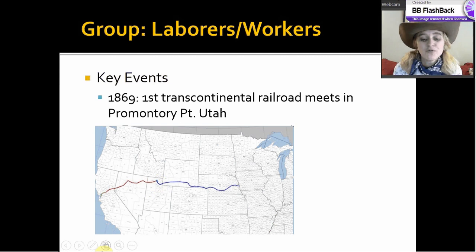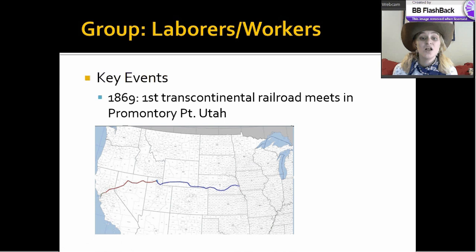So there were two different railroads. There was the Union Pacific Railroad, which ran east to west, so you can see from Missouri here to right here in Utah. Then there was the Central Railroad, which went west to east from California to Utah. Now you might be looking at this here going, well, the Central Railroad looks like they're pretty lazy. But you have to remember, these guys are blasting through the Rocky Mountains. That's not an easy task. You're literally blowing up a mountain, right? So they had a long way to go.